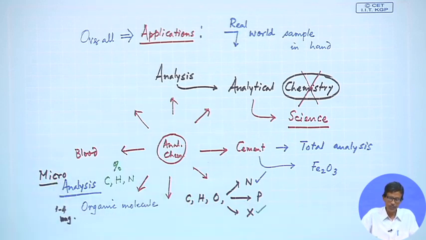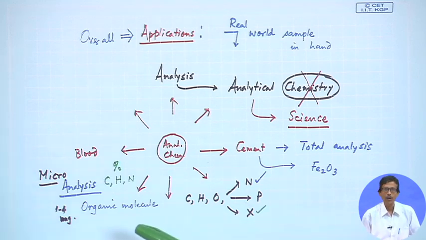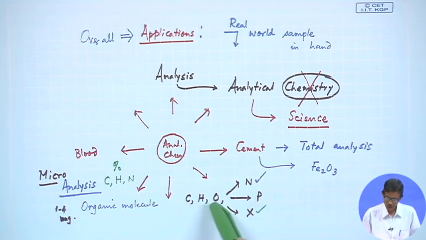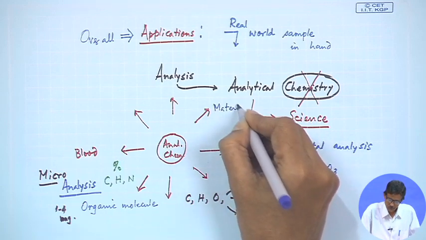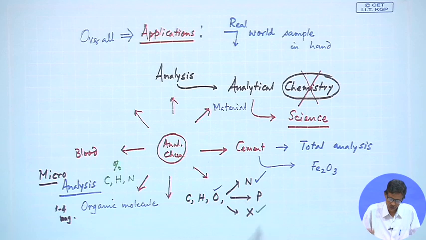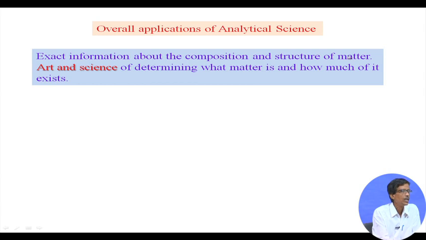So, the very basic thing we can use is the analysis of any molecule containing carbon, hydrogen, oxygen, nitrogen and so on. Instead of this cement sample, you can have any material, and once you know that the material has oxygen, you can detect the presence of oxygen in that material. So, the composition and the structure, because the spectroscopic techniques will tell you structure, if you have double bonds, how many double bonds are there, if you have an ethylene sample in hand, a polyethylene sample in hand, or a living world sample like beta carotene in your hand.